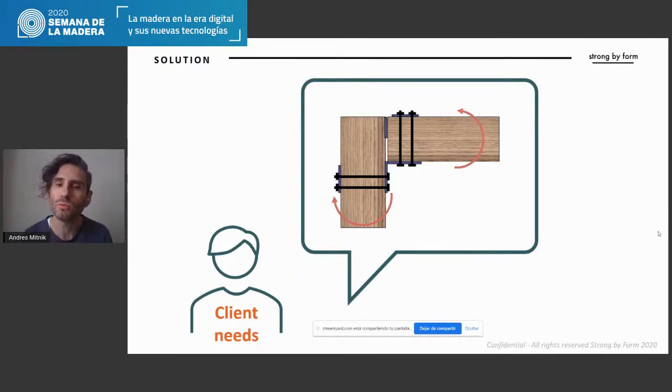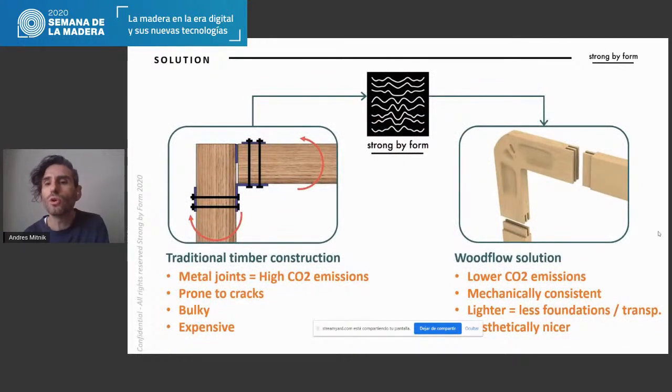Además, estamos ocupando un material intensivo en emisiones de carbono, como es el metal, puede ser acero, puede ser fierro, puede ser titanio, pero todos ellos son intensivos en emisiones de carbono y además es pesado. La densidad del metal lo hace un elemento pesado. ¿Cómo lo resolvemos nosotros? Hoy día nosotros tenemos una tecnología que nos permite fundir en una sola pieza las uniones. A la derecha tenemos